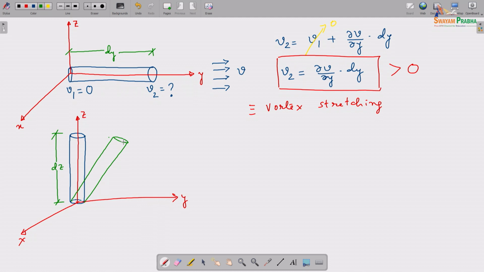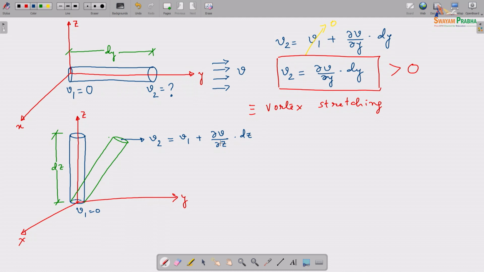Right. Now, if it does this, then again I am talking about V1, the velocity in the y direction. So, again let this be this, and if this is V2, let us just say this is V2, what is this? So, could I say that this is V1 plus del V del C,